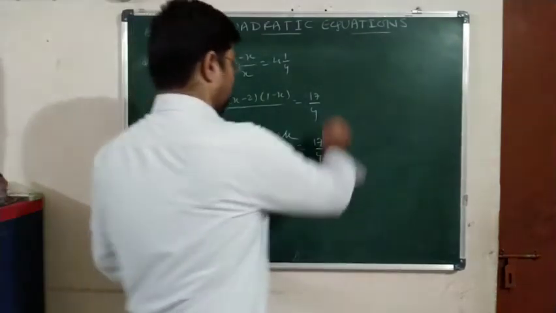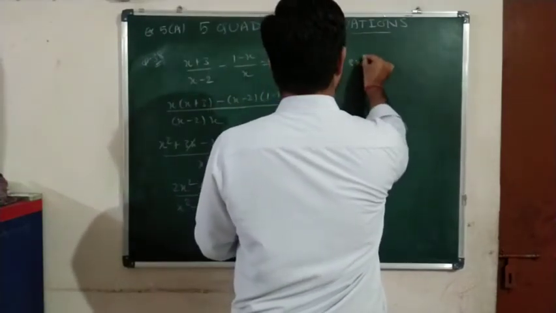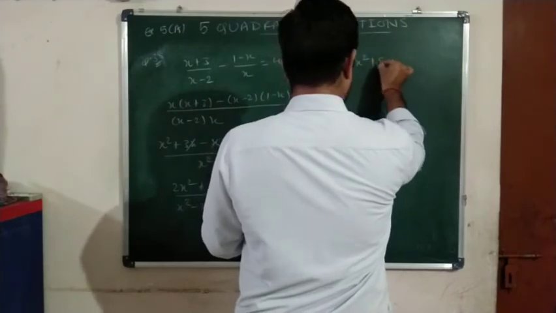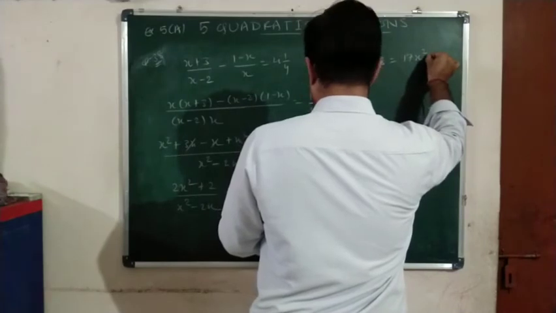Now let us cross multiply and further simplify. So 4 2s are 8x square plus 8 is equal to 17x square minus